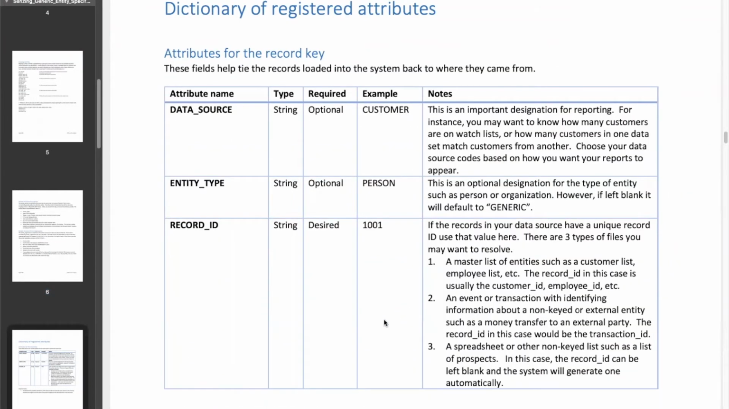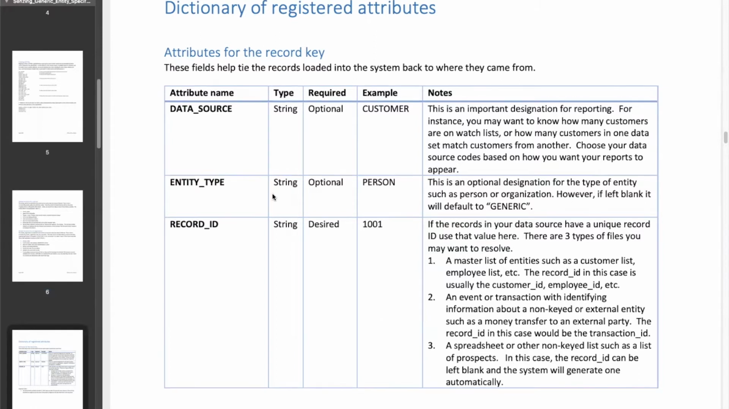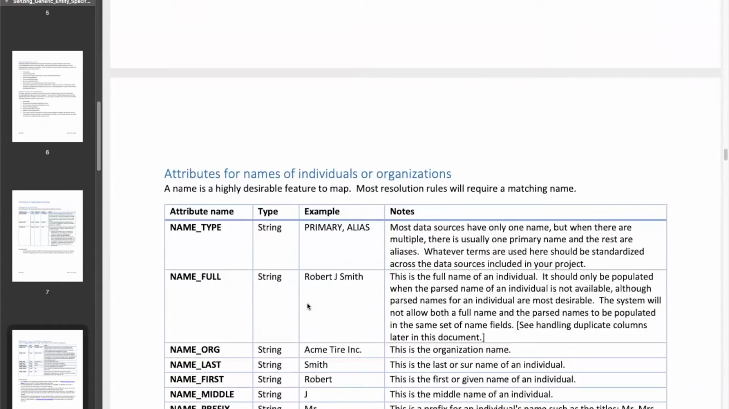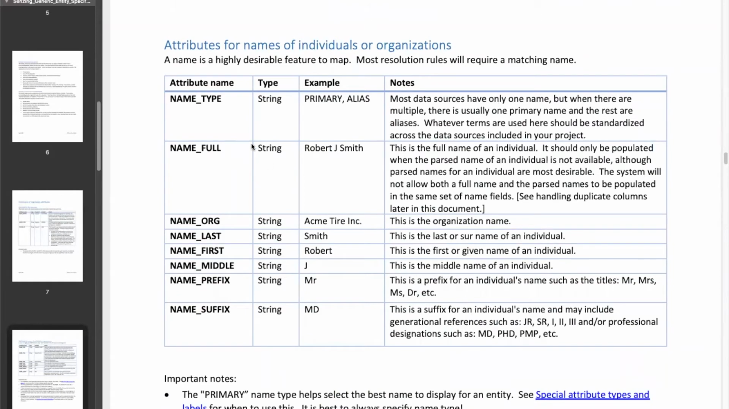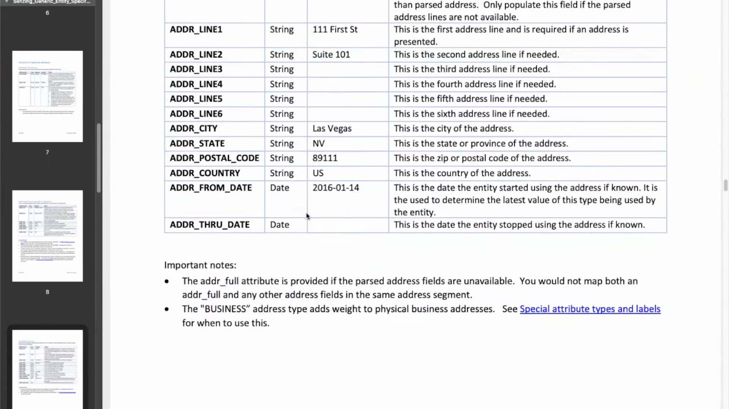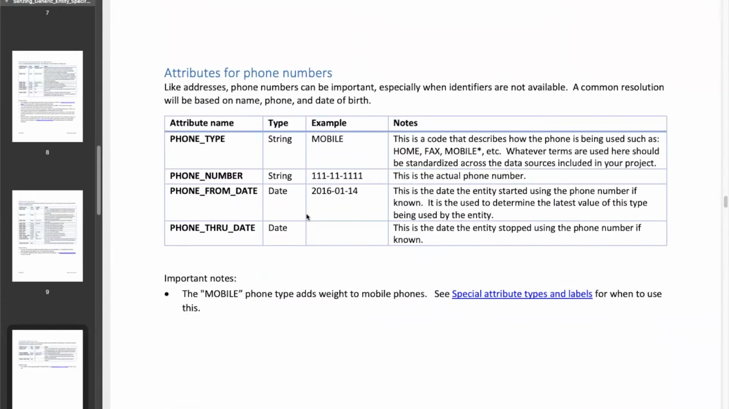The rest of the spec deals with the attributes that you can map to. For instance, you'll need to map a data source and a record ID, because that's how we map back to the source system. Here are all the attributes you can use for a name and for an address, for phone numbers,